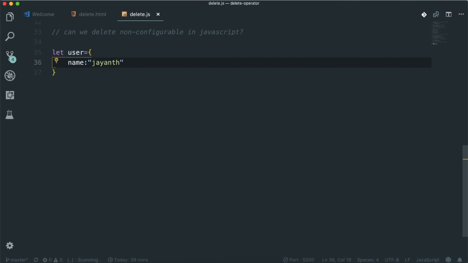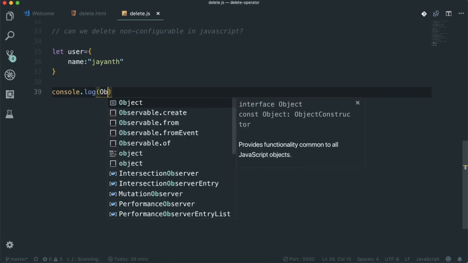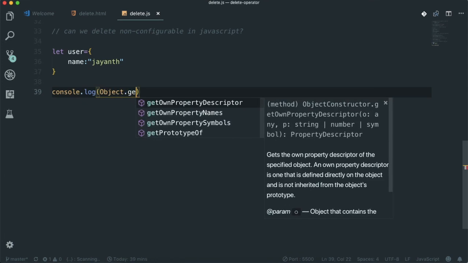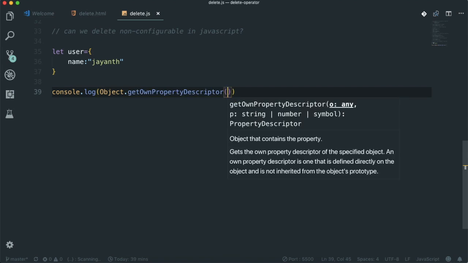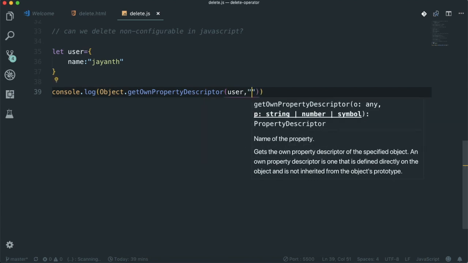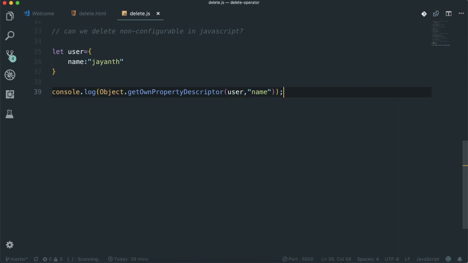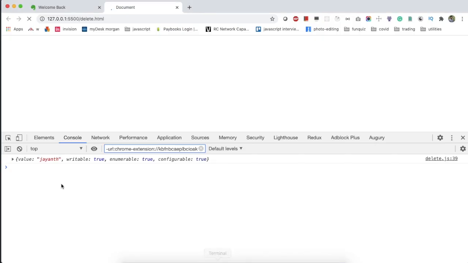We can delete them, update them, anything. Now you can see the properties of it: console.log of Object.getOwnPropertyDescriptor of the object, user, and the property you want to know, name. If I see it in the console, you can see the value is Jayanth, configurable is true, enumerable is true and writable is true.